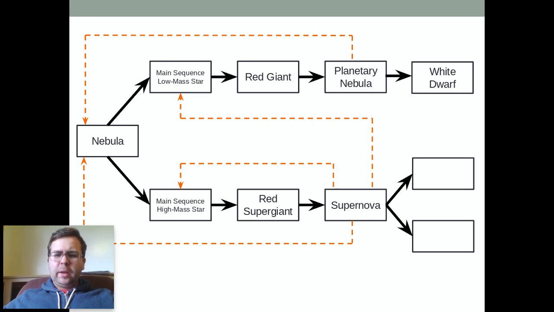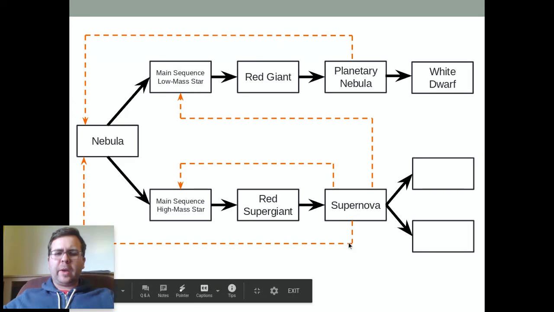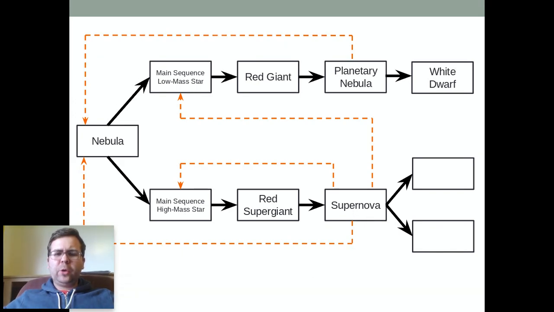Number one, it spreads out these elements that it created to other parts of the galaxy. Number two, it triggers the birth of new stars. And then number three, it fuses atoms itself. It makes heavier atoms like gold and silver and those kind of things. So a supernova basically restarts the process, and it can even directly trigger the birth of some new stars.